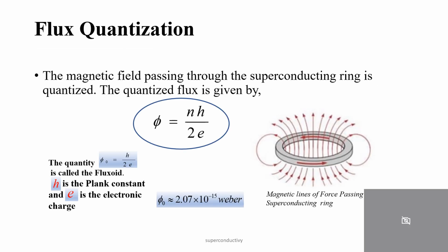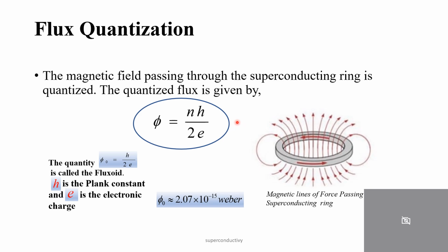Flux quantization. In this figure, this is a superconducting ring, and if we apply magnetic lines of magnetic field through this ring, the magnetic lines of force or the magnetic field becomes quantized while passing through this superconducting ring, and the quantized flux is given by phi equals nh by 2e, where n is an integer